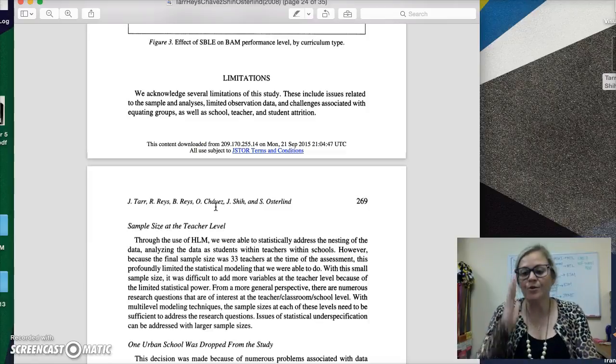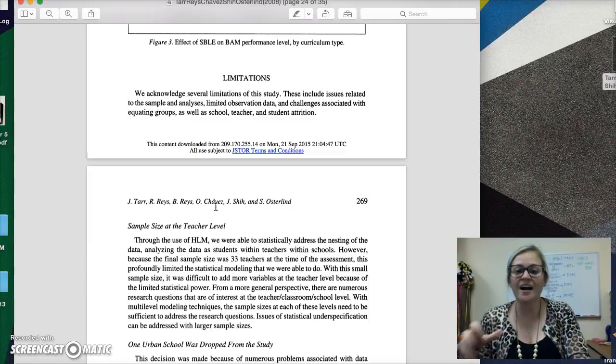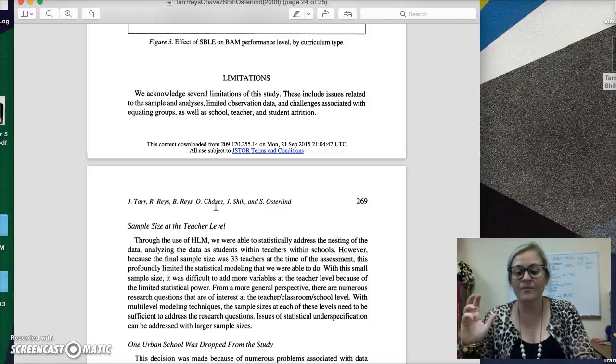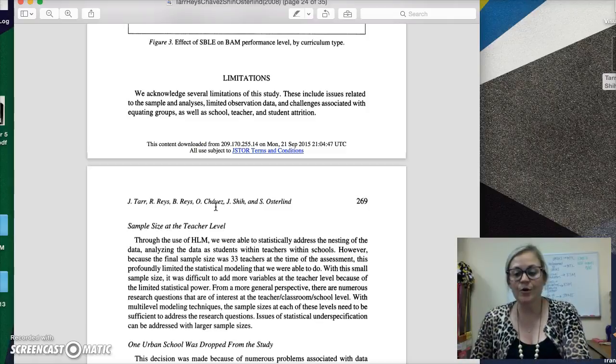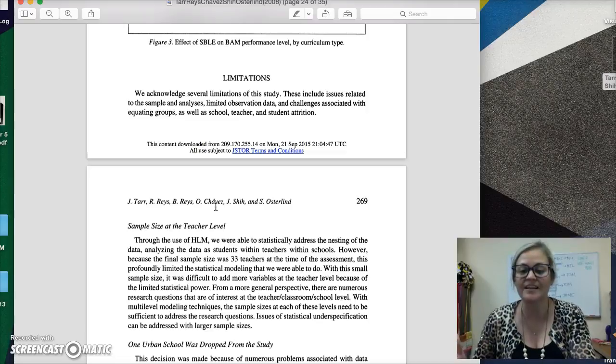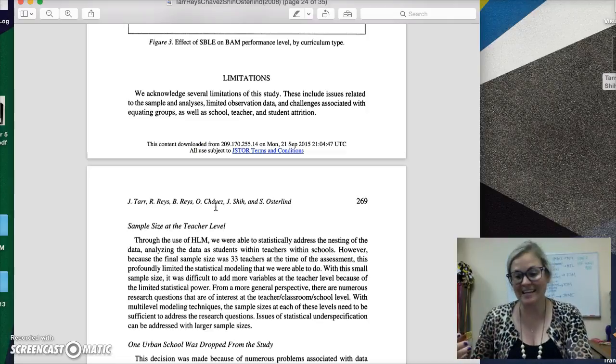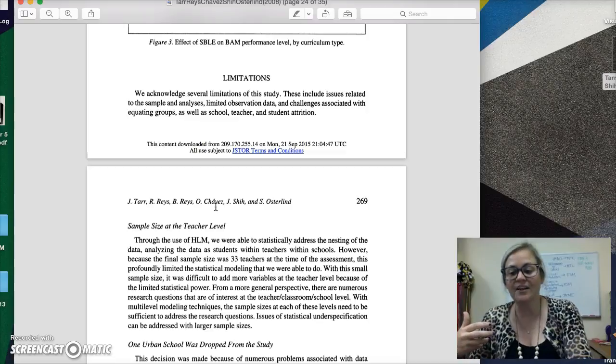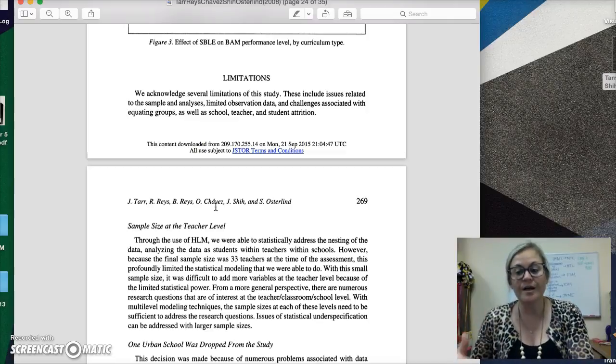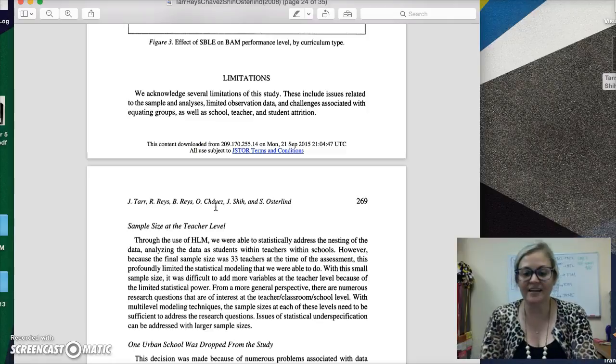And so I think it's really important as a scholar and as a teacher researcher to be kind in those evaluations. I think it's okay to admit what limitations are, or to talk about ways to improve it, but definitely need to be kind in it. I don't think that any study is entirely worthless, and I don't think we should treat it as such, especially if it's published. These people know more than we do since they've read all the literature and did a study on it, so we should respect that, but maybe critique it. I think we can critique it in a scholarly way and talk about how to improve it, or pieces or gaps that are missing from it.